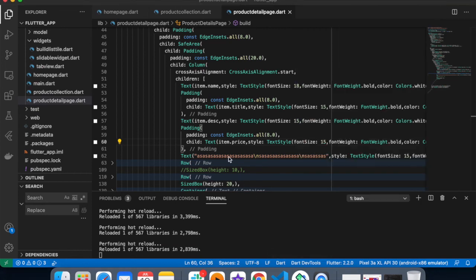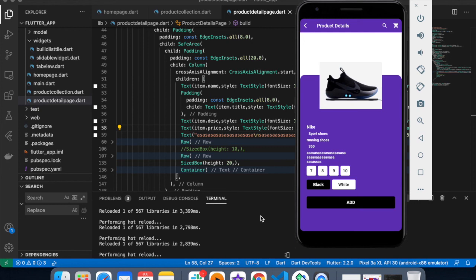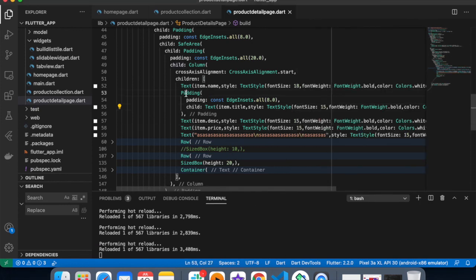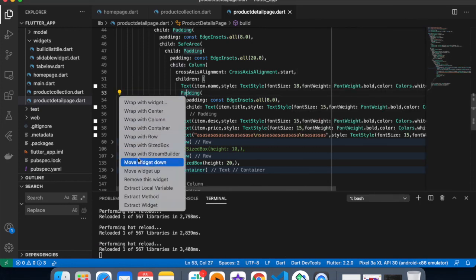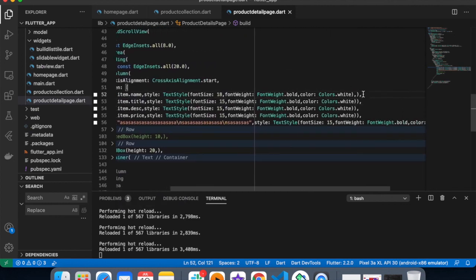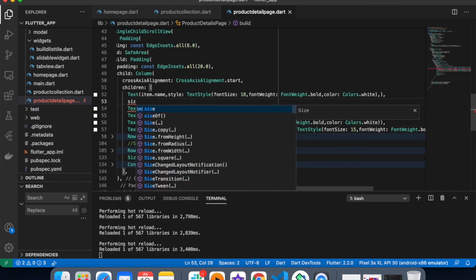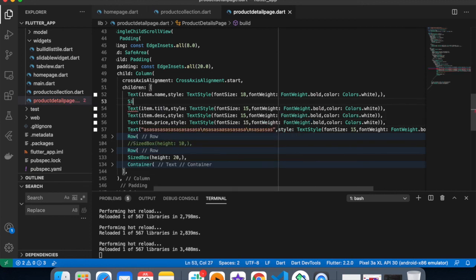Okay, no, it doesn't look nice. Let's give a size box to this, or you can use padding.